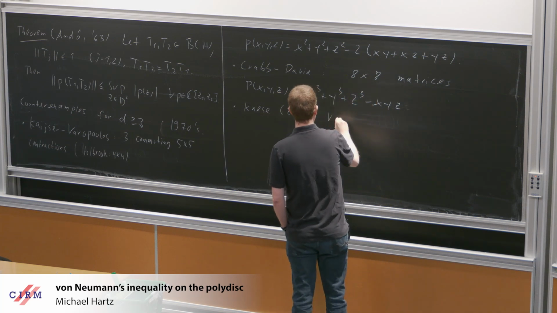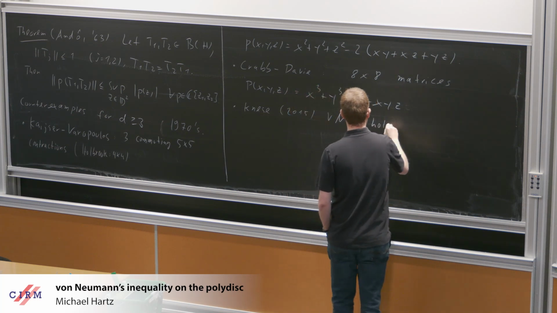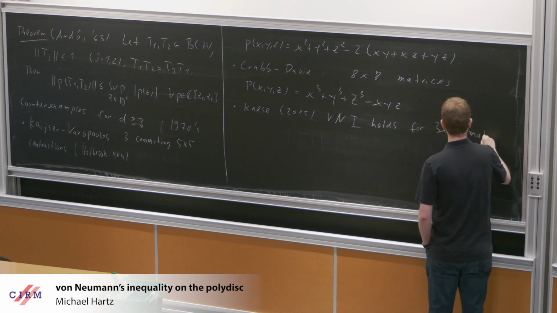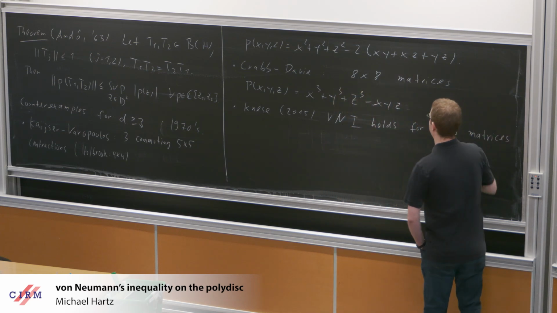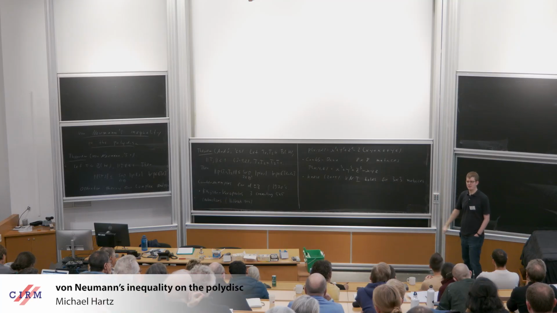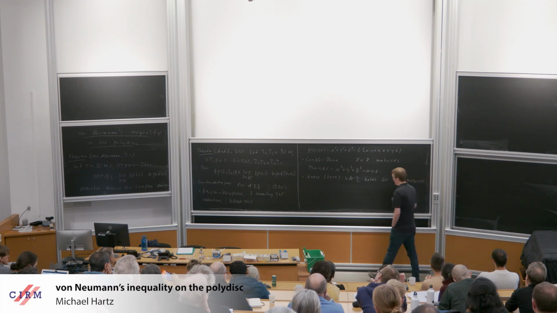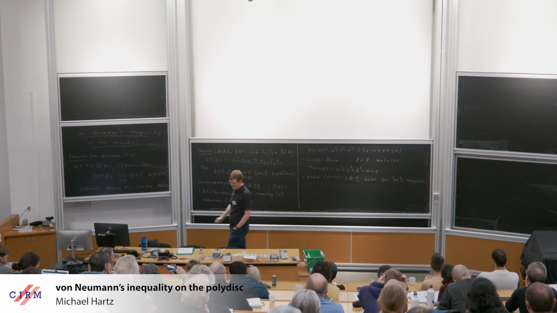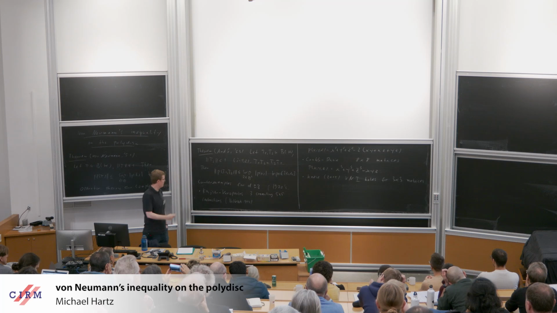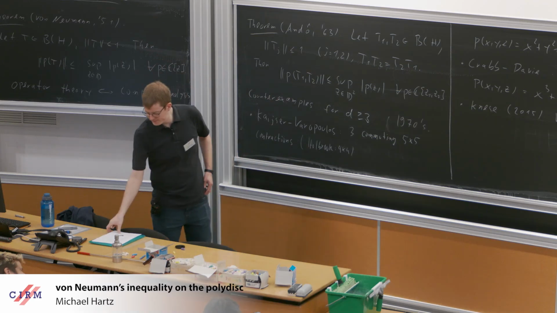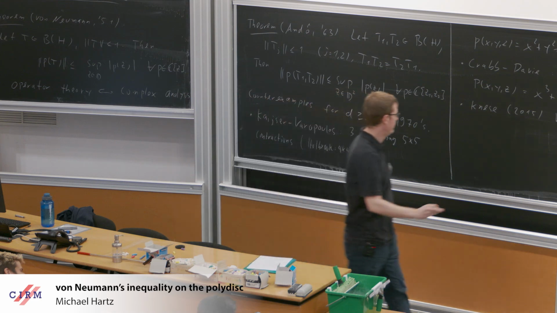So the von Neumann inequality holds for 3 by 3 matrices. And 3 by 3 sounds like it might be an exercise, but it's not. This uses deep results in complex geometry due to Łukasz Kosiński. Okay, but that's not the question I'm going to talk about. The question I'm going to talk about is whether you can get this with a constant here. So the question is,